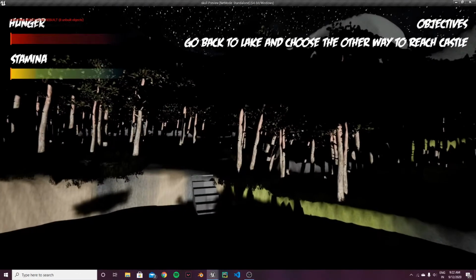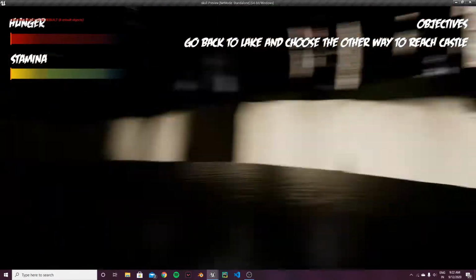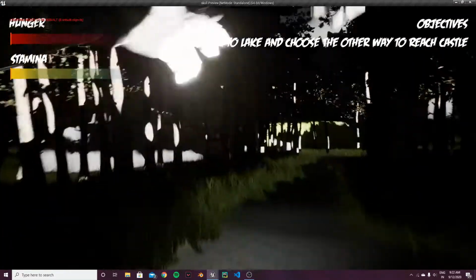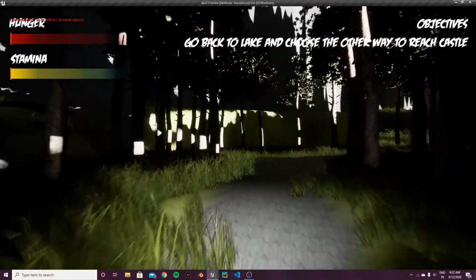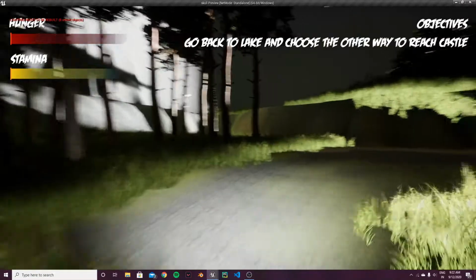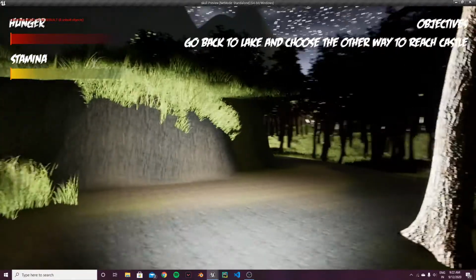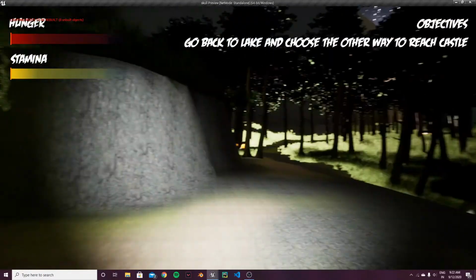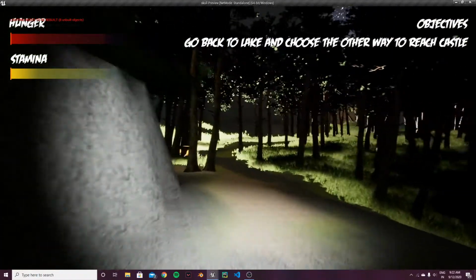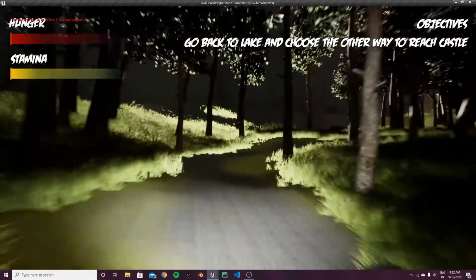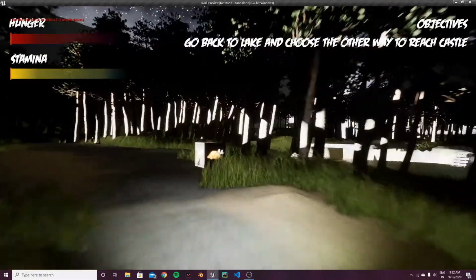Start game, and this time I'm not going to go to the shelter and just continue on the castle way. So I have to be a little fast. Yeah, so here goes the thing. I have kept an extra key just to learn. That is the shift key, which makes the player run faster. So now you can see the speed. Now see the speed. This is when I pressed the shift key.